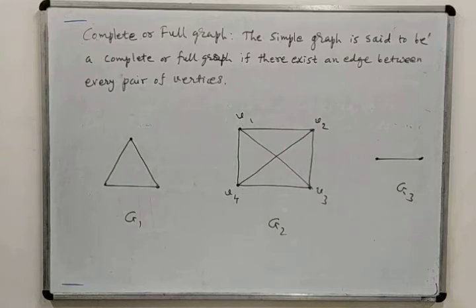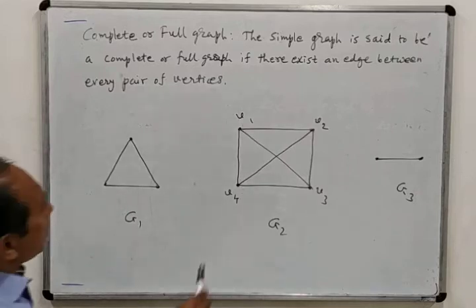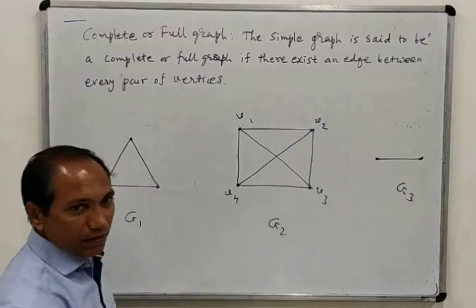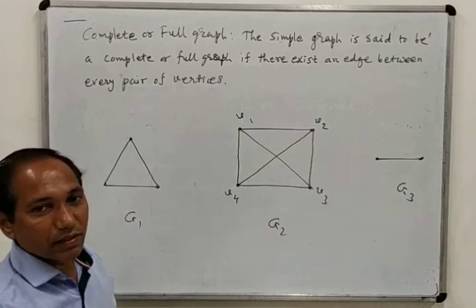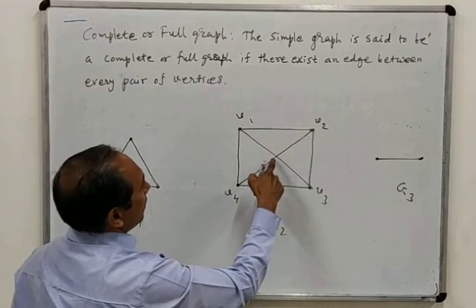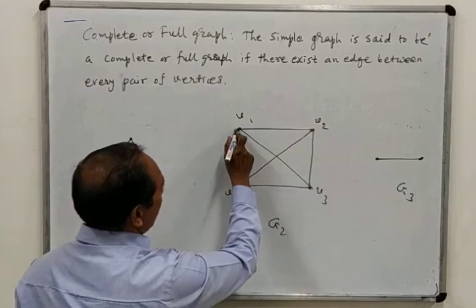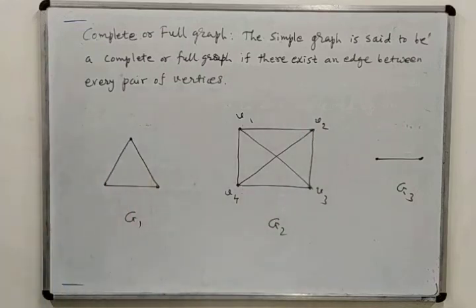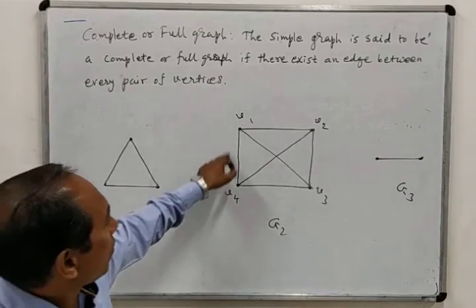Okay. So you must have seen the definition. These two edges can be crossed, but this is not a vertex unless otherwise specified. You don't consider this crossing point as a vertex. We are given only 4 vertices, V1, V2, V3 and V4. So edges may cross each other, but their crossing point may or may not be a vertex. So we should consider only the vertices as the location points.